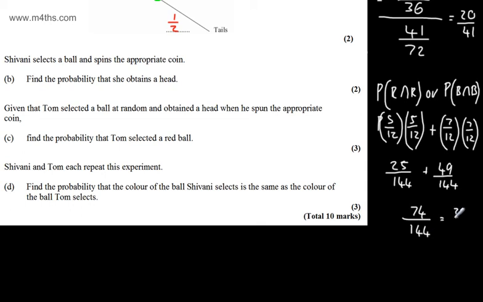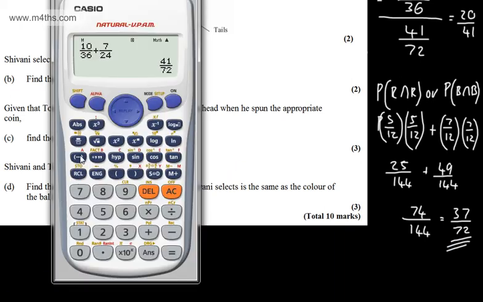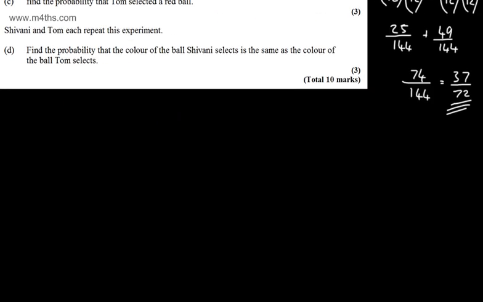If I halve that, what's that going to be? 37 over 72. So as an exact fraction, 37 over 72. Let's just check that I've done that right. So 25 plus 49, and I'm going to divide that by 144, and that's 37 over 72. As stated with that one, you might, if you want, do a tree diagram, because the wordiness